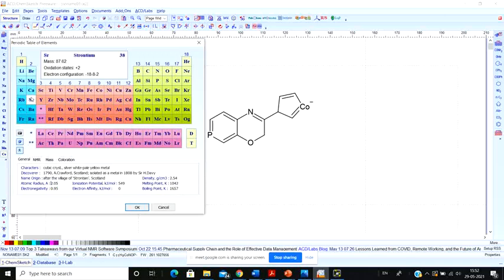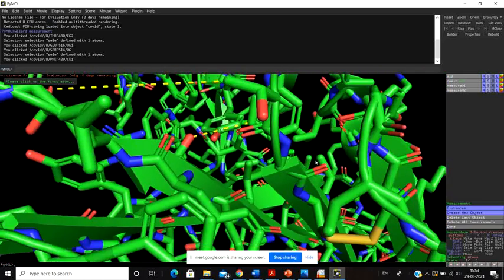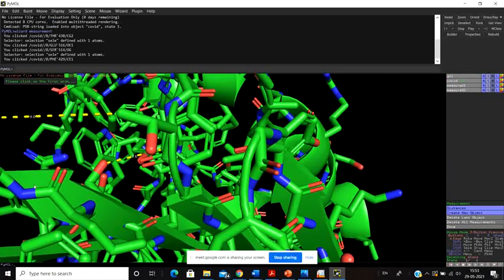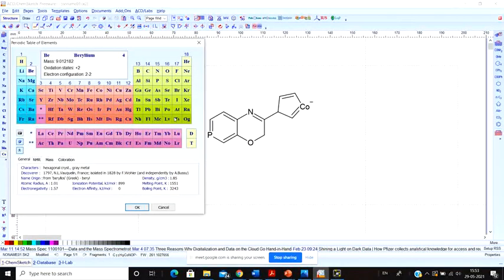So what about strontium? Still high. Calcium? Still high. Magnesium? Okay. Beryllium? 1.01. Yes, so beryllium will obviously move into that particular groove, but the electronegativity is 1.57. So can I further decrease the electronegativity? Because remember, this particular groove is rich with oxygen, right? So that means it is rich with negative charges. So I need to reduce the electronegativity further. So now beryllium has an electronegativity of 1.57, whereas the electron affinity is 0.